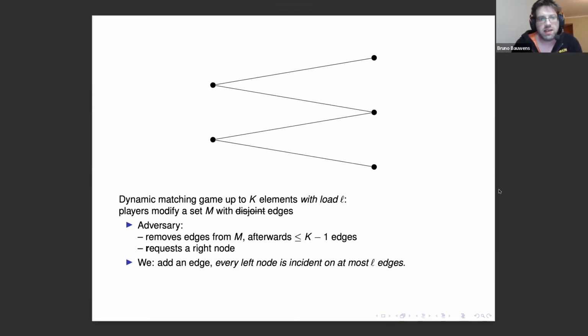So here we see a dynamic matching game with load L. Load L means that we may reply, and the edges don't need to be disjoint, but a left node can lay on at most L edges. So the opponent selects a right node, we can use an edge that has a certain left node,